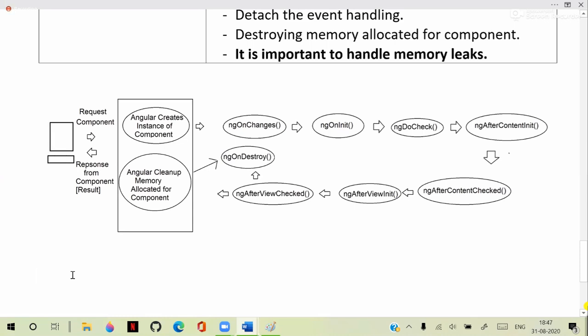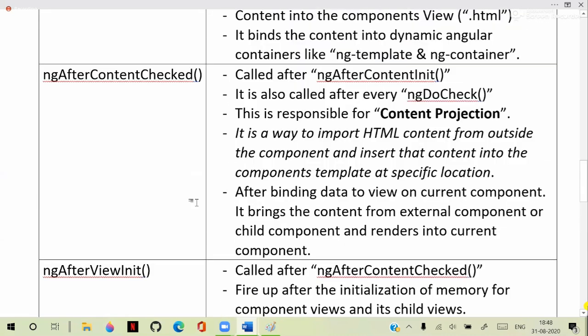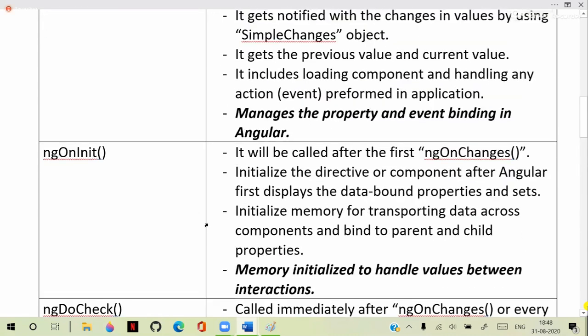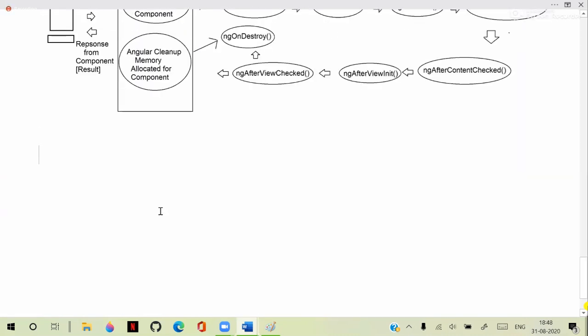What happens in every phase is very important for you to understand. That means ngOnChanges, what are the roles? ngOnInit role, ngDoCheck role, and ngAfterContentInit role. And what happens in ngAfterContentChecked. Those are all the points I discussed in detail here. You need to remember all these points. Now, if you know these points, then a few important concepts here are generally